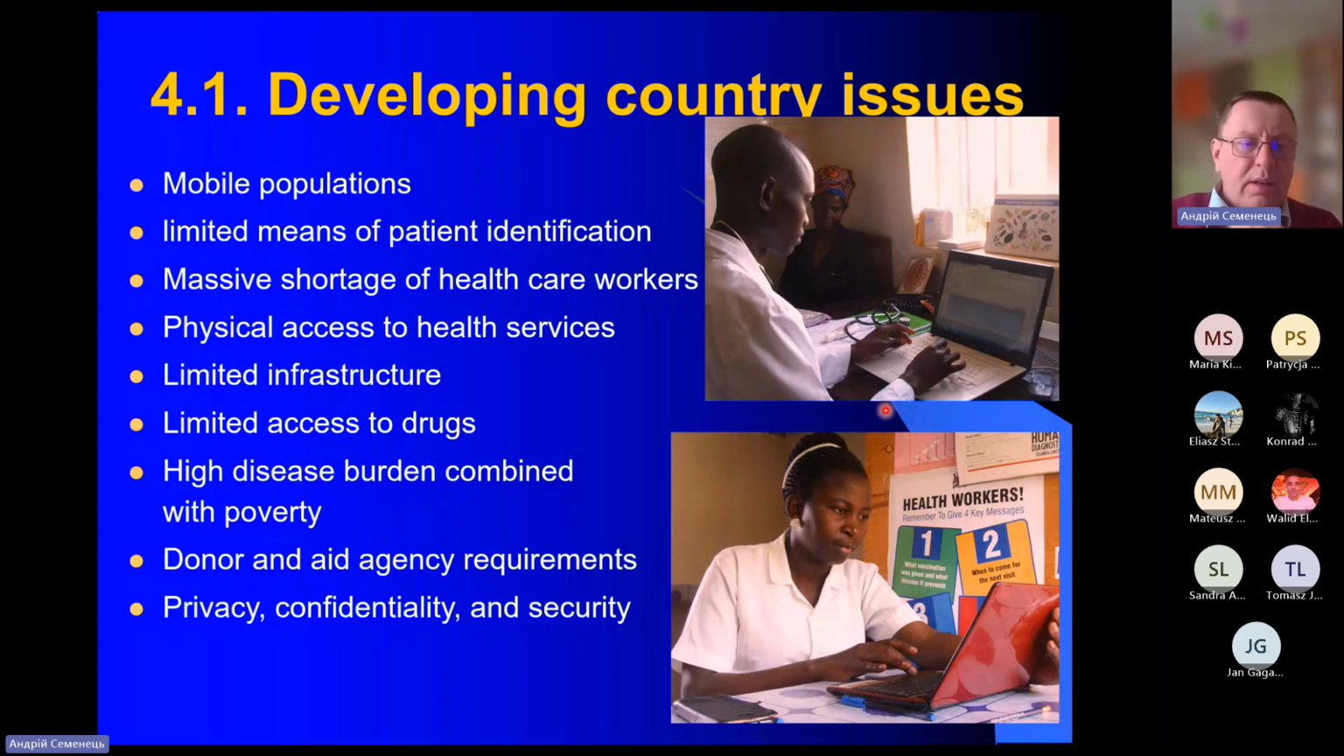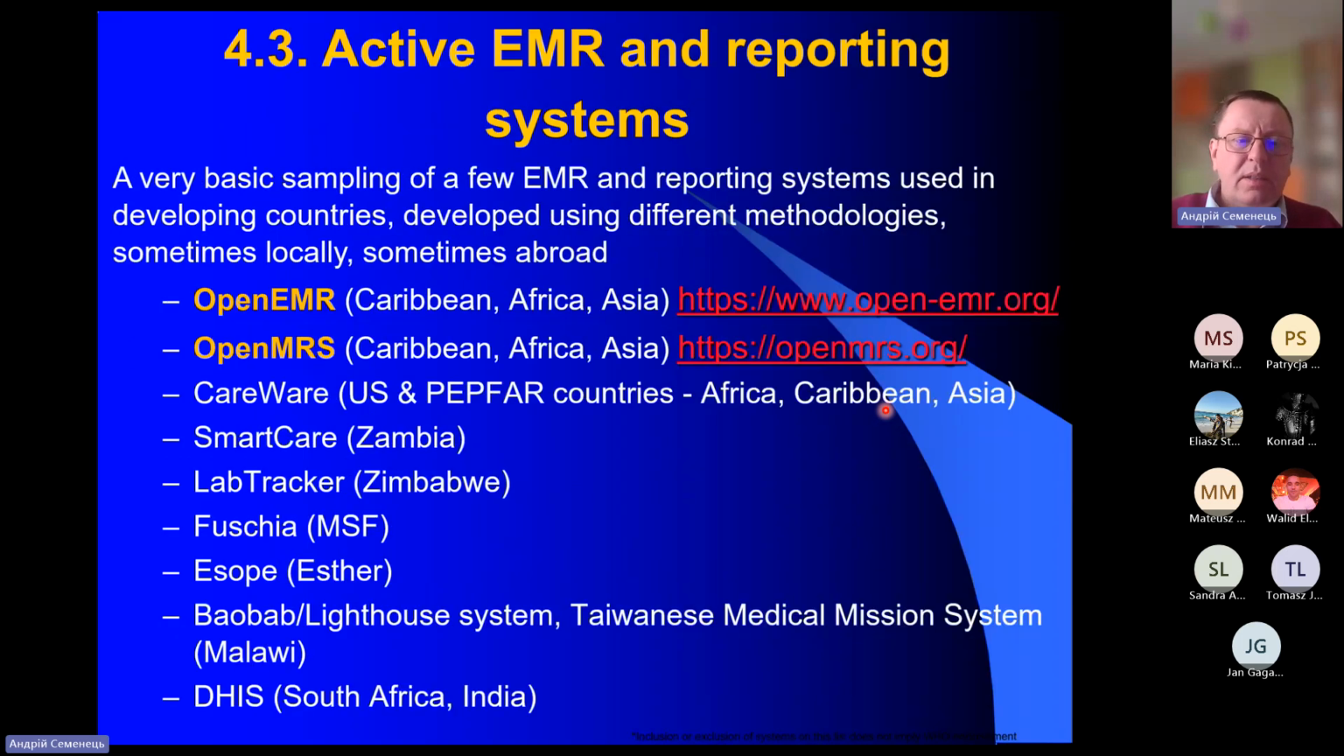There are also high issues and limitations with identification of patients, sometimes even with their number, and so on. Then there is a shortage of healthcare workers, shortage of access to services, limited infrastructure, medical facilities, actually everything. Various disease burdens combined with poverty and so on. So many numerical issues. Despite this,